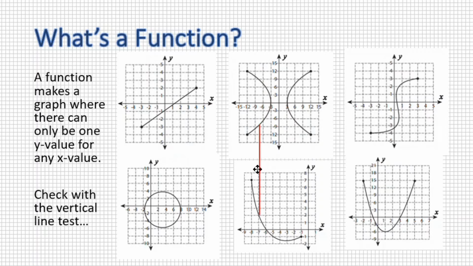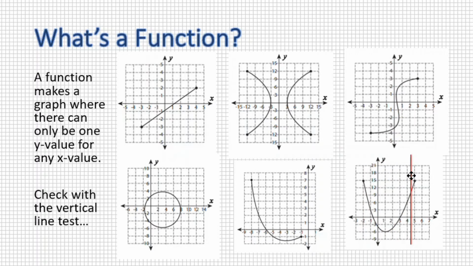The graph below it is a function. There's no point where I have 2 y values for any x value. The top right graph is a little more difficult to see, but if you get into this kind of middle part here where it doubles back on itself, you're getting multiple y values for a single x value, so not a function. And our parabola down at the bottom